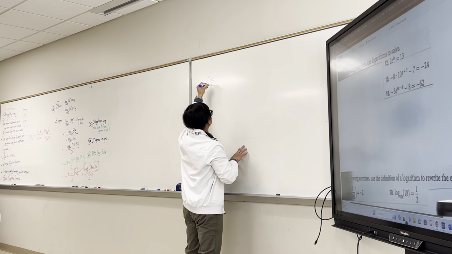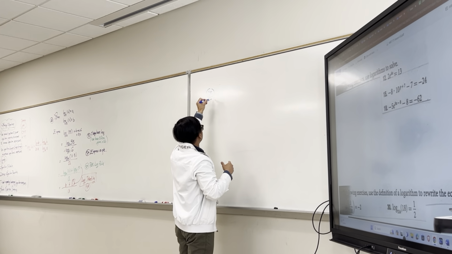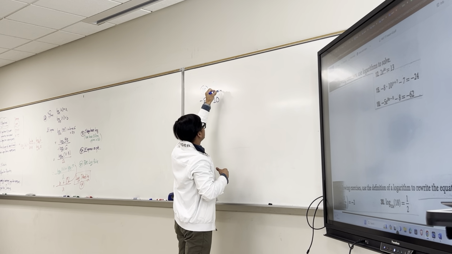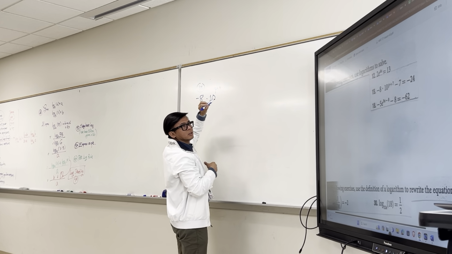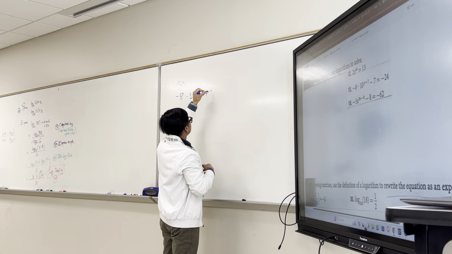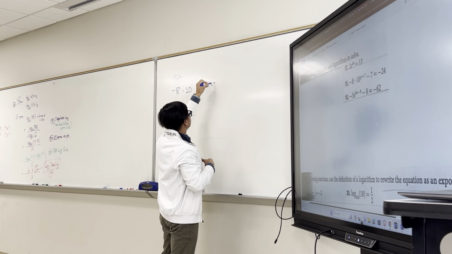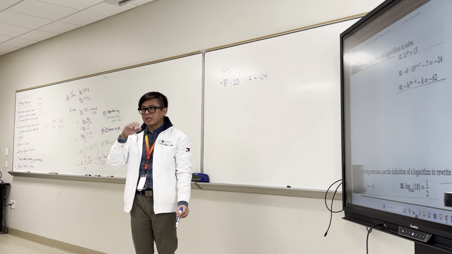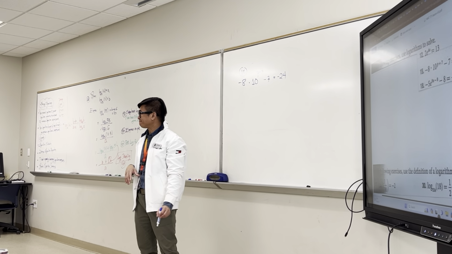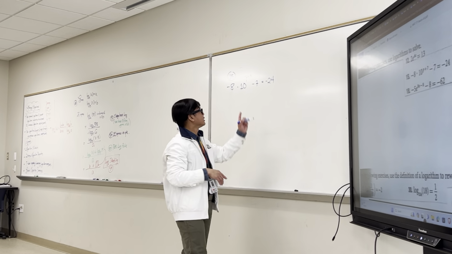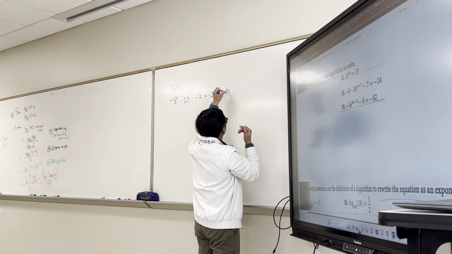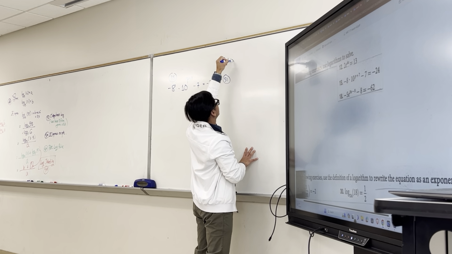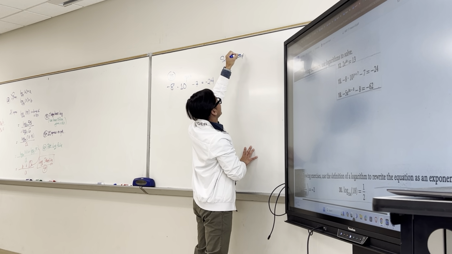So in number 15, we have the following: negative 8 times 10 raised to the p plus 7, minus 7, is equal to negative 24. As we may notice, what is the base? 10. Since that is the base 10, our step number 1 for this is the following. This is solving exponential equations